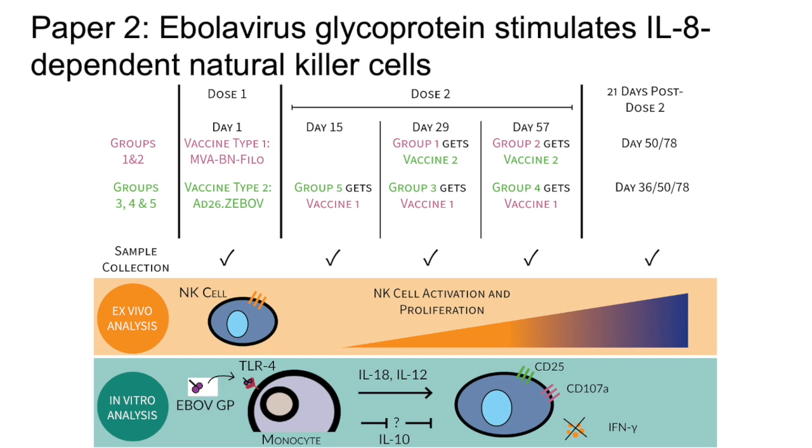Finally, Ebola virus glycoprotein-induced natural killer cell activation was inhibited by neutralizing antibodies to IL-18 and IL-12 and was enhanced by IL-10 receptor blockade. In summary, this paper characterized the natural killer cell response to the novel 2-dose vaccination regimen and demonstrated that the TLR4 receptor and innate cytokine response to Ebola virus glycoprotein stimulate and regulate the natural killer